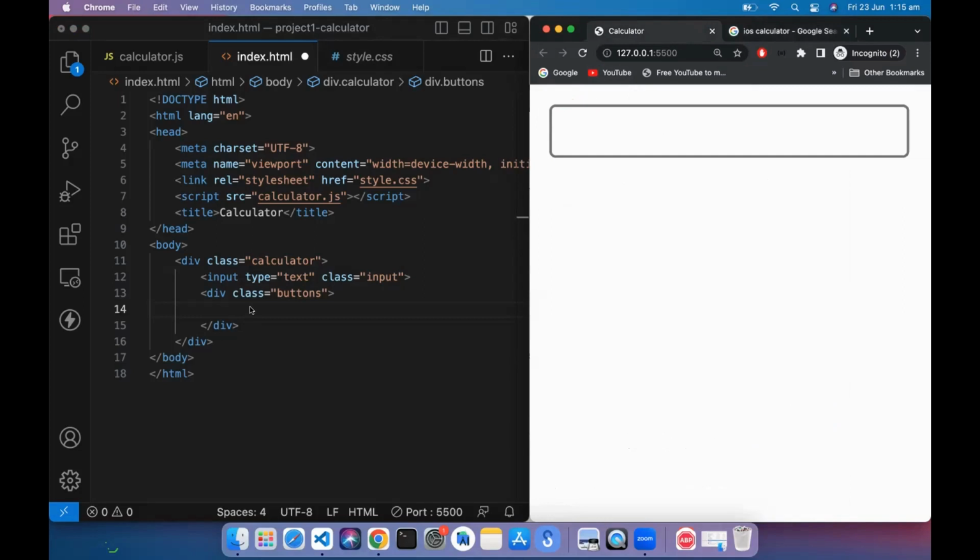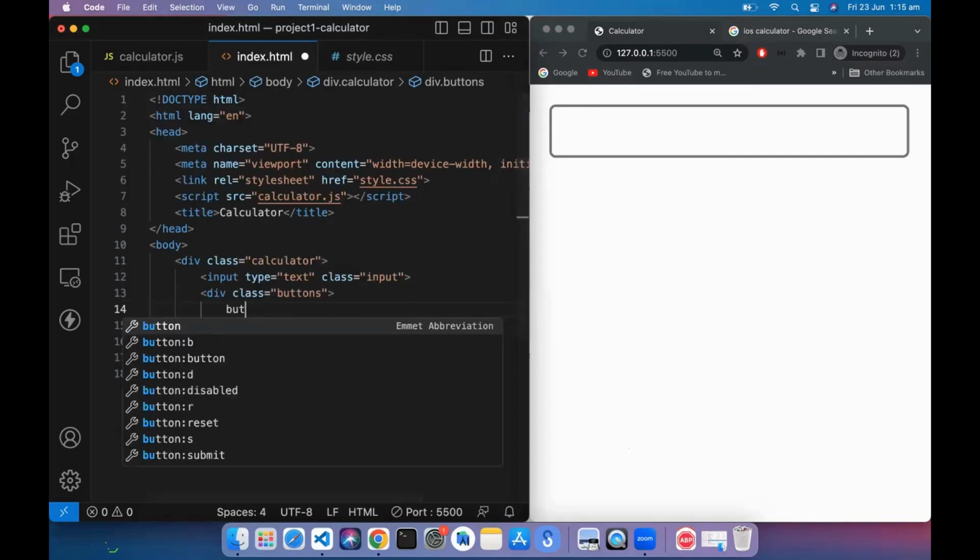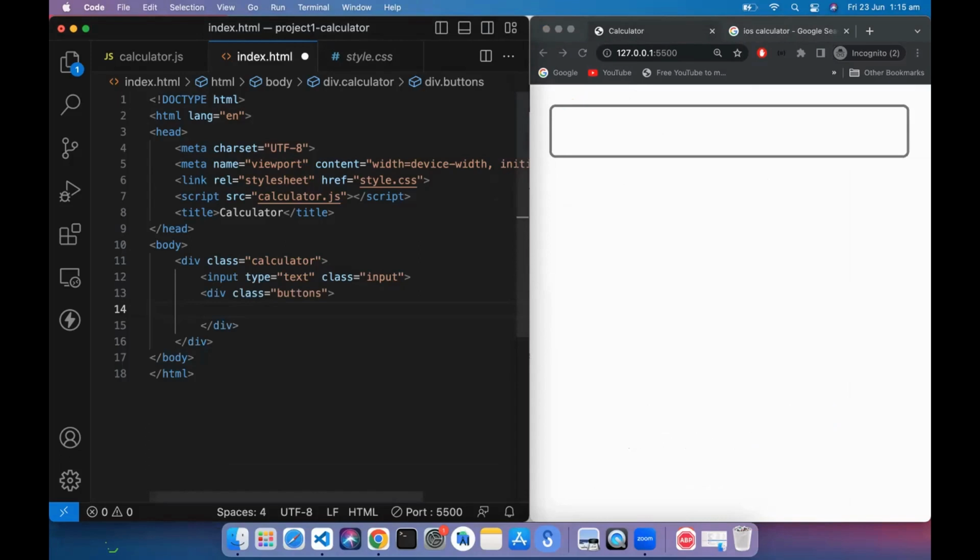So we wanted to create 16 buttons, okay? And I'll just quickly do button. This is another handy trick in Visual Studio Code, which